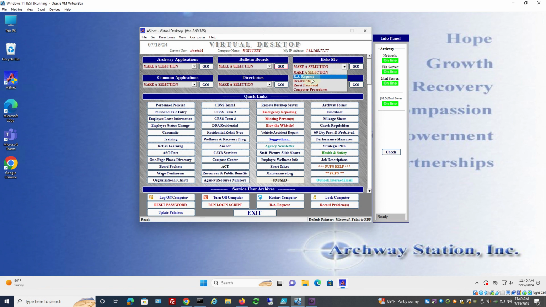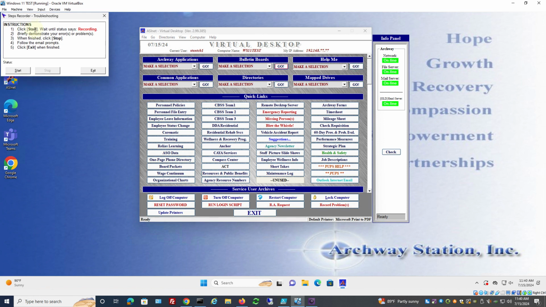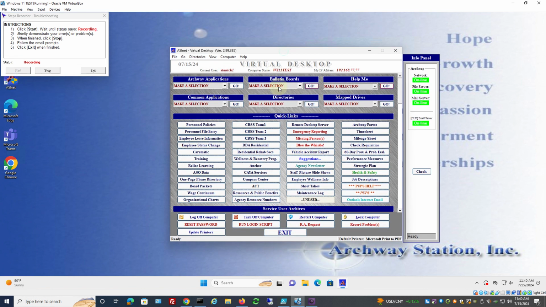The next thing is record steps, and this is kind of nice for us, especially if you're working when we're not, and you're having an issue. If you select that, click go, it'll prompt you, click start, wait until status says recording. So if you're having a problem, you can record your problem for us. All you have to do is click start, and then everything you do on the screen is being recorded now. And that way, if you're having a problem or anything like that, and we're not around,